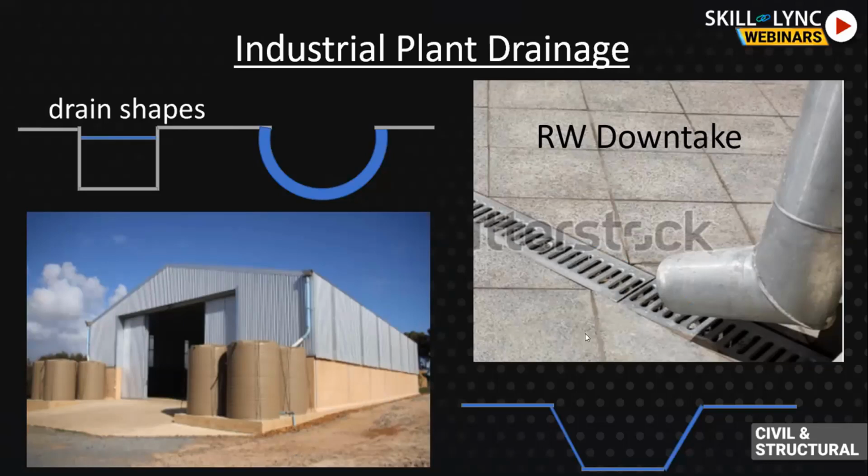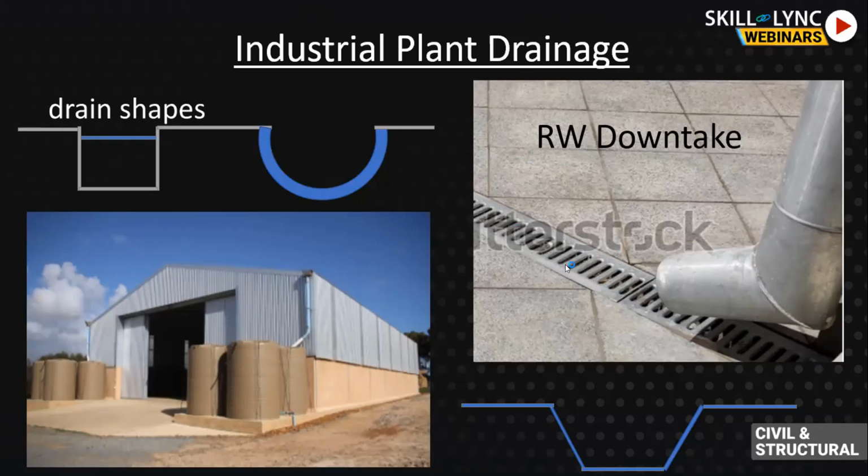Otherwise, when it is running parallel to the road for kilometers of a road or meters of road, you cannot keep putting a cover on it, because it adds to the cost. Finally, the money is going from the client's pocket. So as far as possible, you should give an economic design. Your design should be strong. It should withstand whatever the discharge is, and yet it should be economic also. So wherever there is pavement, wherever someone can fall in it, keep it covered. Wherever it is running parallel to the roads, it can be kept open.